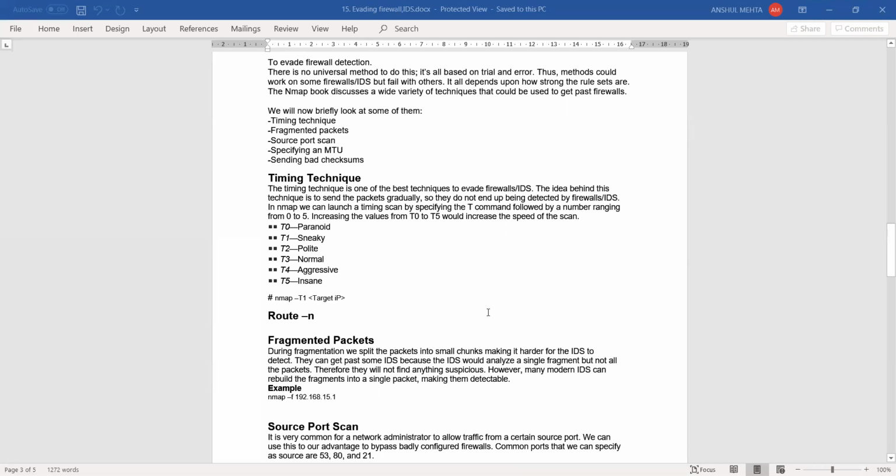Depending on how your target's firewall or their IDS might be configured, these methods could work or they may not work. So with firewall and IDS evasion there's no guarantee of being able to evade everything, but we can of course try, and we are going to look at a few methods for doing the same.